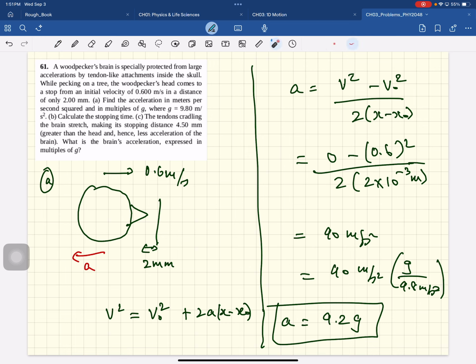Okay, so the force that is stopping the head, the force exerted by the tree that's stopping the head is 9 times the weight of the head. Okay. Now, if you hit the brain with 9 times the weight of the brain, you're certainly going to get a concussion. Okay? And if you're doing this 1,000,000 times a day, you're not going to last too long. Okay, so